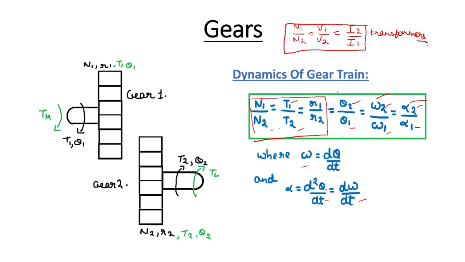So here you can see that this acts as a voltage because N1 upon N2 is equal to T1 upon T2, 1 upon 2. But here it acts as a current. Why? Because 1 upon 2 is equal to 2 upon 1. See this inverse thing. This is just a short trick to remember.